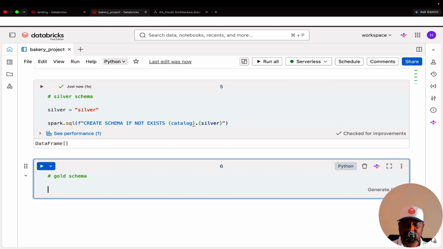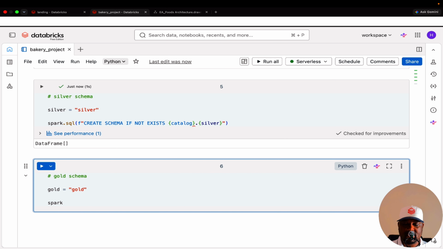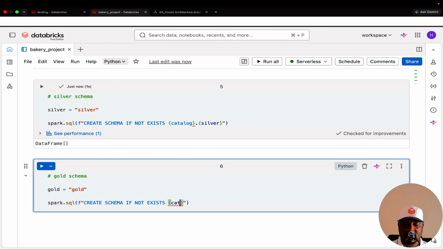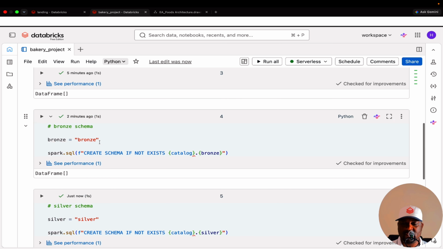Let's go to the gold schema. Gold equal gold, spark dot SQL f string, create schema if not exists, catalog dots gold, and we know gold will be this, right? We run it. Now we created so now we have